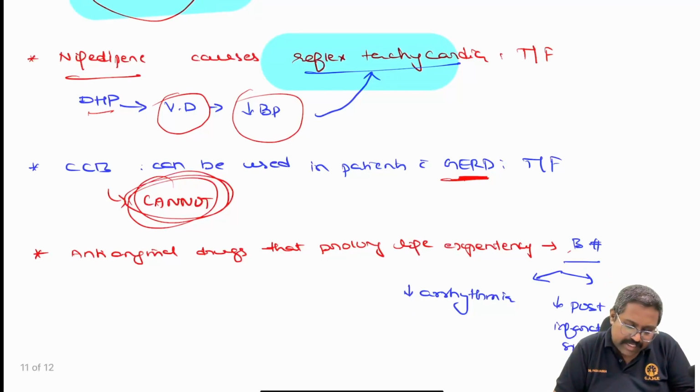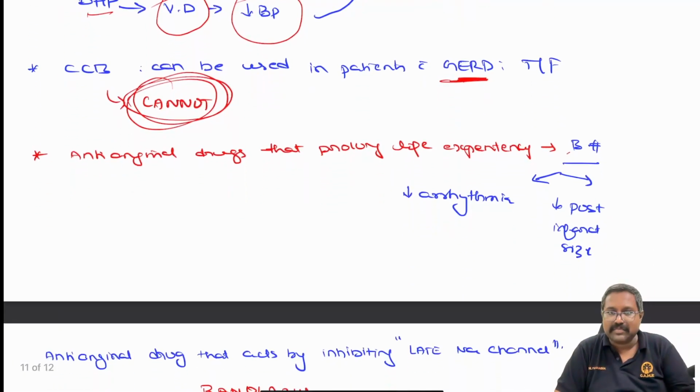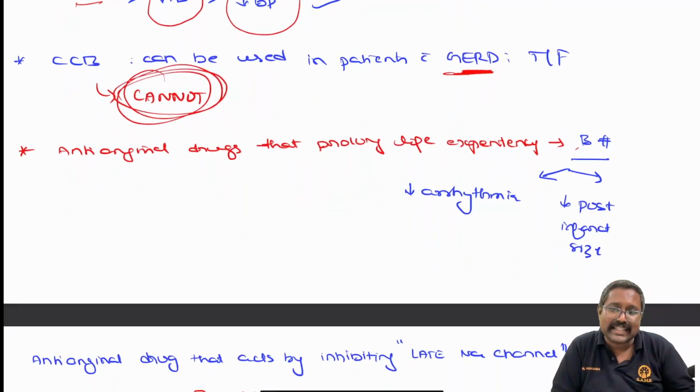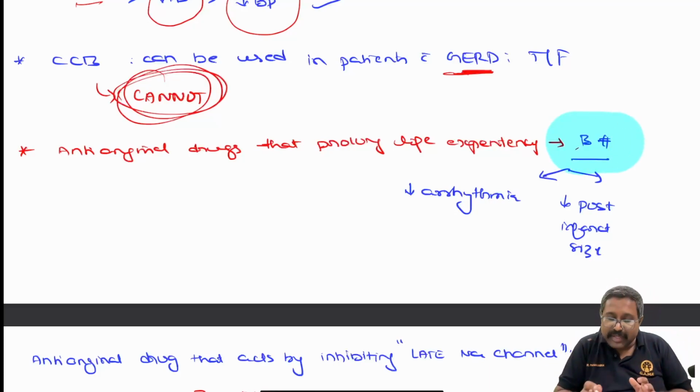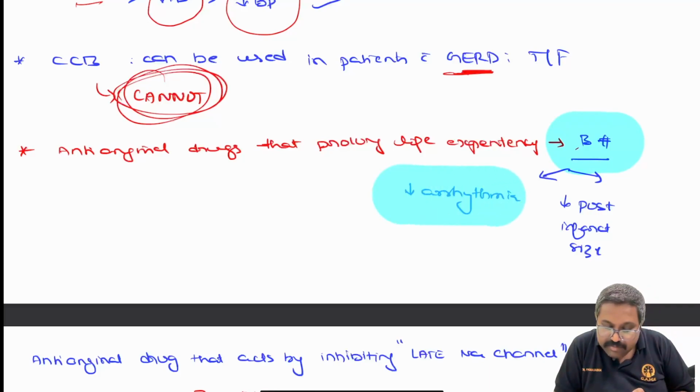So anti-anginal drugs that prolong the life expectancy. Please remember, what are the anti-anginal drugs that can prolong the life expectancy? Very important drug, that is the beta blockers. Especially, they are going to have a beneficial effect, such as they will reduce the arrhythmia risk, and they will reduce